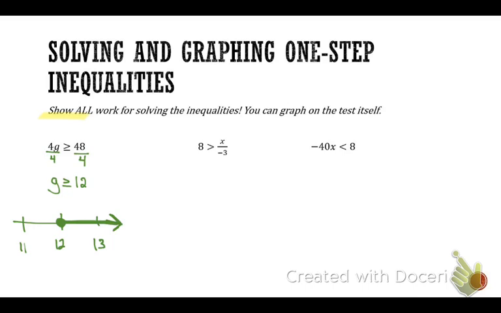Anytime I have to multiply or divide by a negative number, it means that my inequality is going to switch. So now, before I do that, because my x comes second, I want to reorder it. Okay, it's still less than 8. And now, when I multiply by -3,